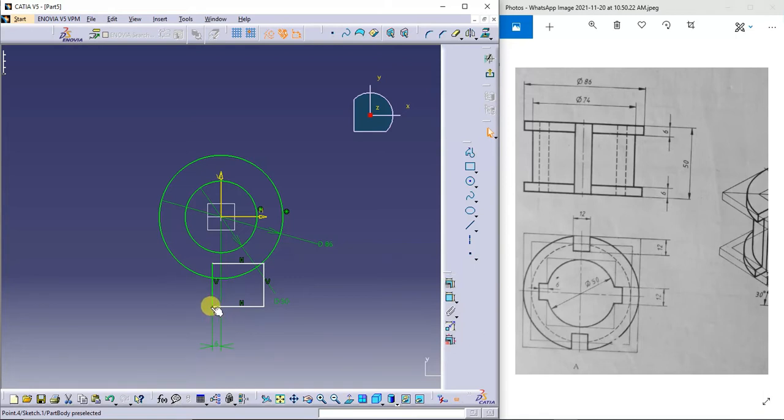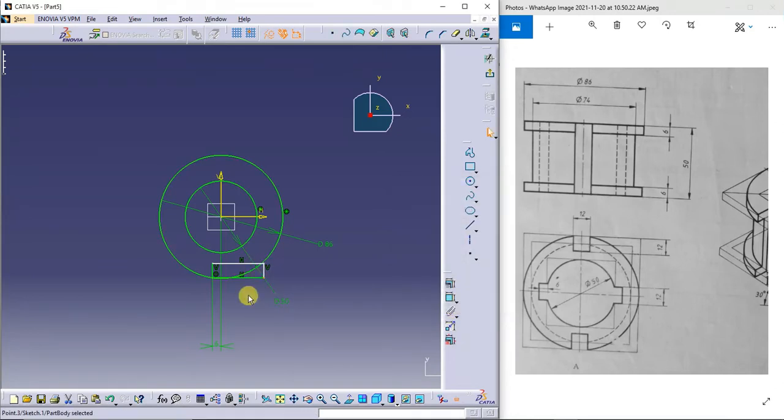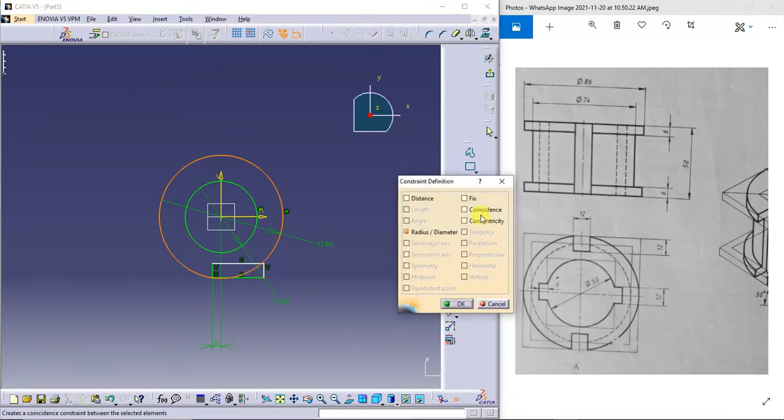Now I'll make this point and this circle coincident. Select the coincidence command. Next, give coincidence between this point and this circle.